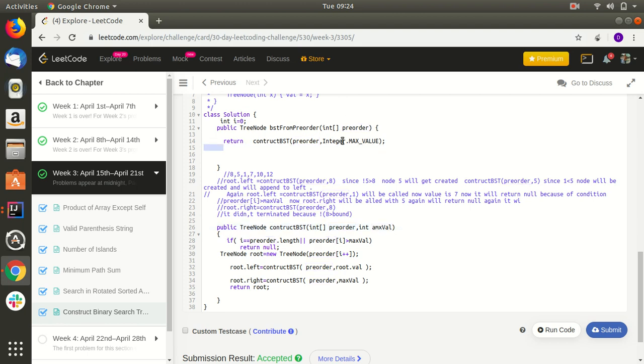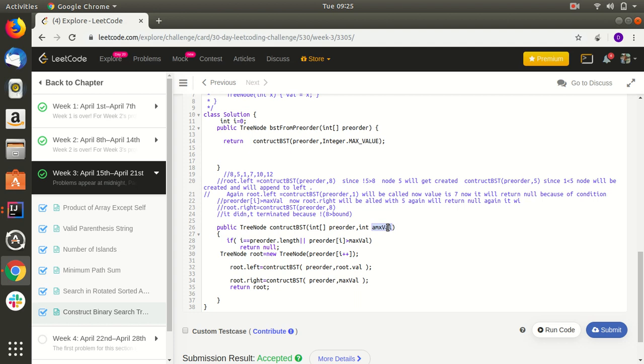So this is like a bounding value. We will be supplying this value, and if the value is greater than this, we will return null. The value we supply over here will act as a bound.